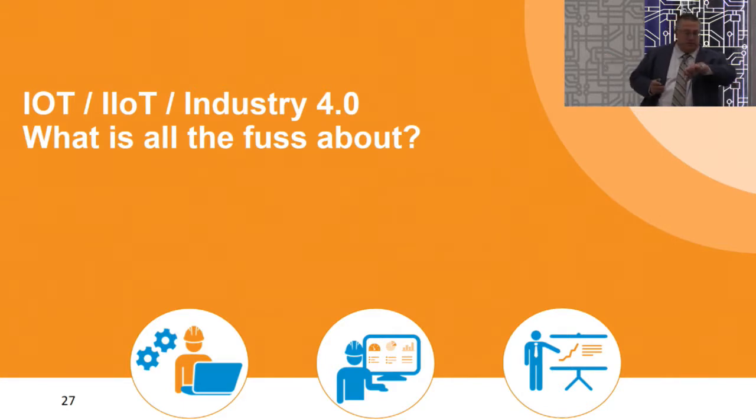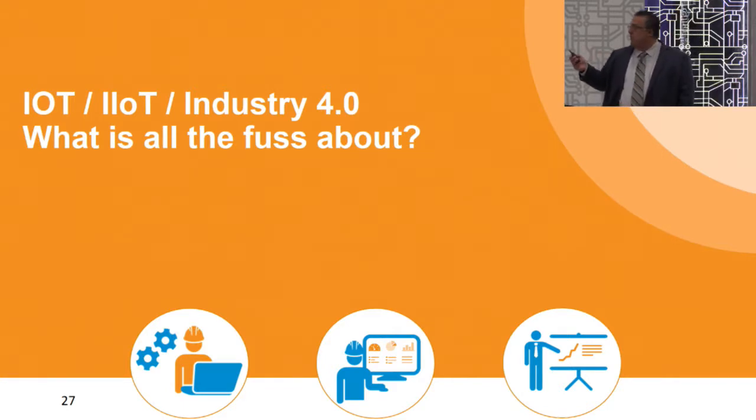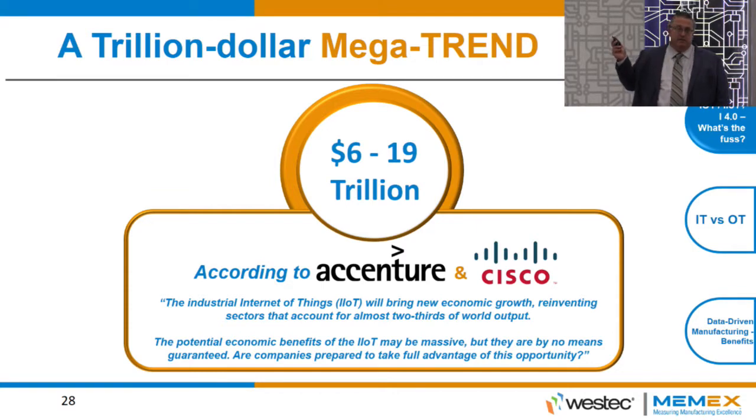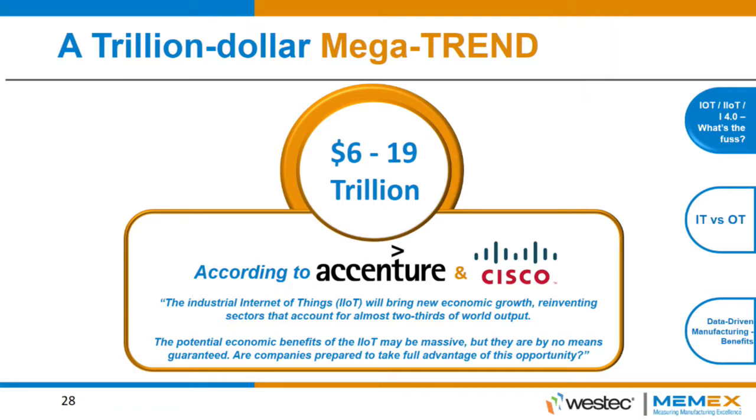So what's all the fuss about with respect to IoT and Industry 4.0? Well, you can read the newspaper or online blogs, whatever, and there's a different stat that comes out every week about the transformative value of this technology applied to manufacturing. I like this stat because it talks about a global economic shift of about 2/3 of the world's output. And this was done by Accenture and Cisco. That said, it doesn't matter about the numbers, 6 trillion, 10 trillion, I don't really care what the number is. It's a big number, right? It's a lot of zeros by the future adoption of this technology in manufacturing.